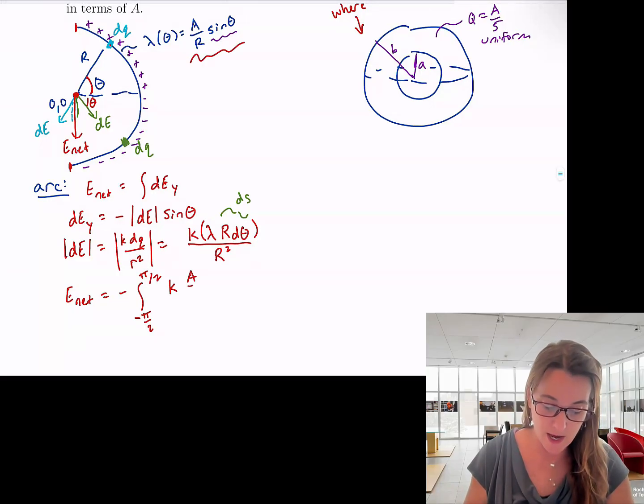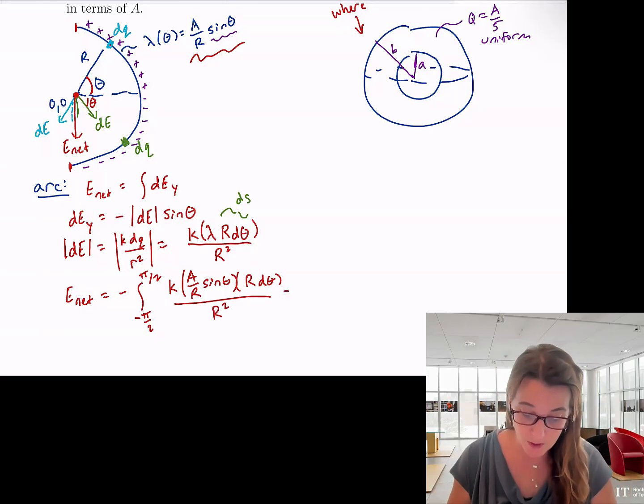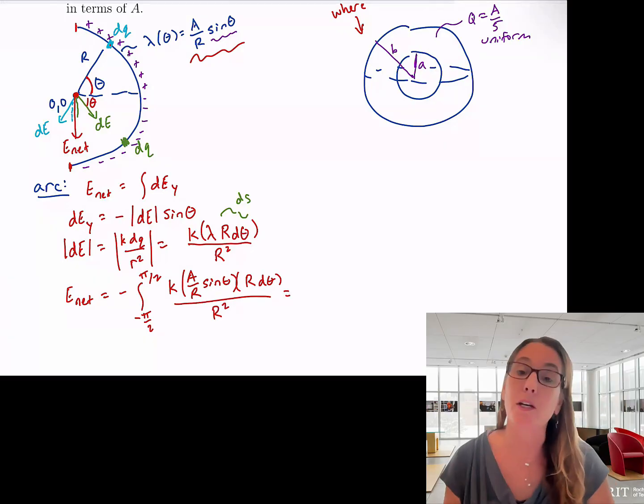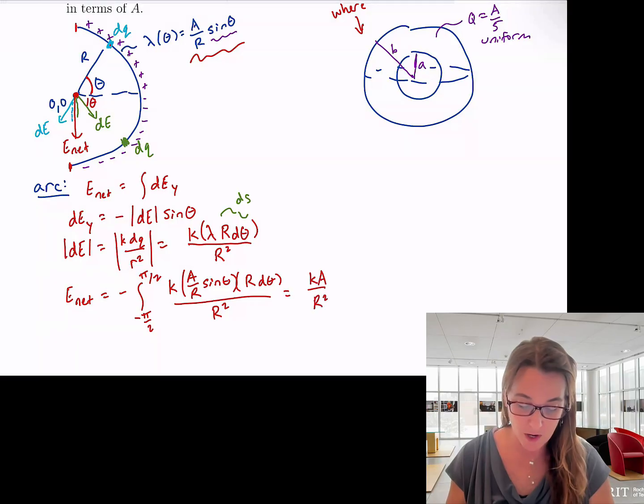So k a over r sine theta times my ds, which was r d theta, all over capital R squared. A lot of this is constant, so I'm just going to rewrite this pulling out the constants. We can also see that the capital R's on top cancels, so I end up with Ka over R squared